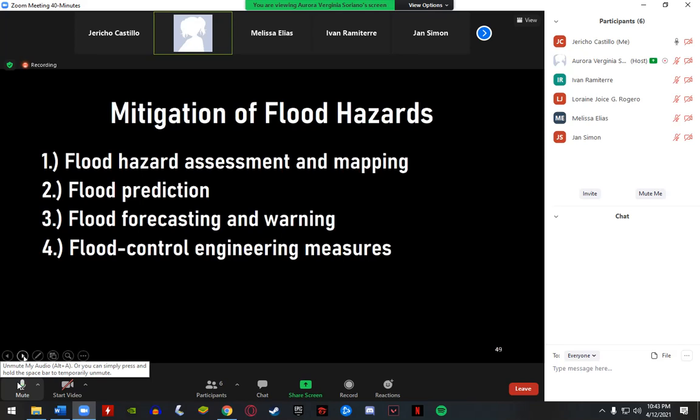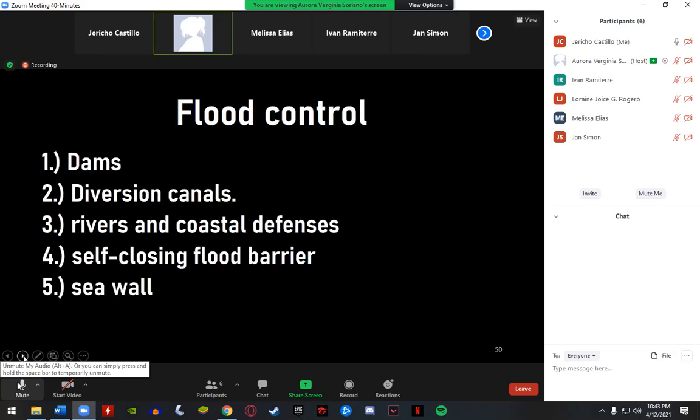So next, flood control. So ito po, number 1, dams. Number 2, diversion canals. Number 3, rivers and coastal defenses. Number 4, self-closing flood barrier. So number 5, seawall. Ito po yung mga structures na man-made na posible pong makatulong sa pag-prevent ng baha. So next,